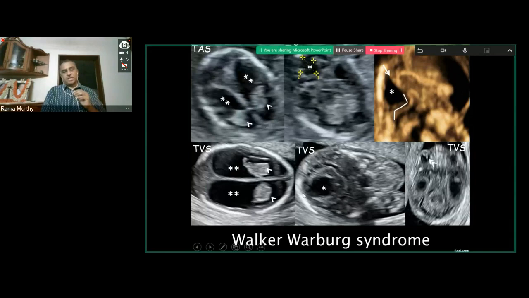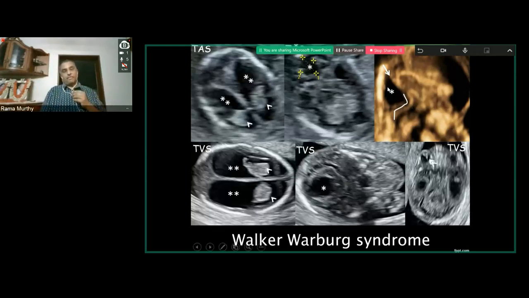And this is, of course, how the cyst looks in the posterior fossa. Those are the cerebellar hemispheres that you see here. I've taken a volume and done a mid-sagittal section out of the volume here, and you will clearly agree with me that this is the large posterior fossa cyst, and this is the tentorial line, which is really lifted off. So when there is a cyst like this with a lifted-off tentorium, I'm going to be worried about